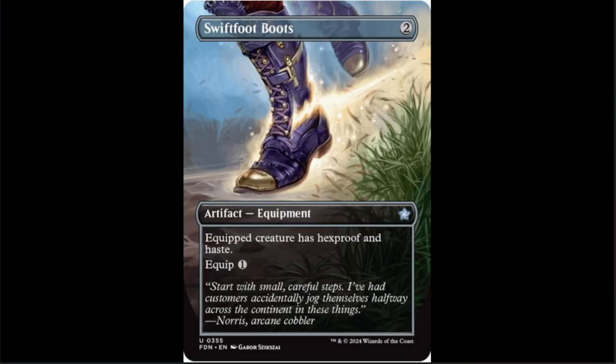Other weird things you might see, Swiftfoot Boots, Lightning Greaves' little brother. Hexproof, Haste, equips for 1 with this card on the battlefield. It does equip for free. And only costs 1 to cast, almost like having 2 Lightning Greaves. Actually, it is like having 2 Lightning Greaves. Anyway,